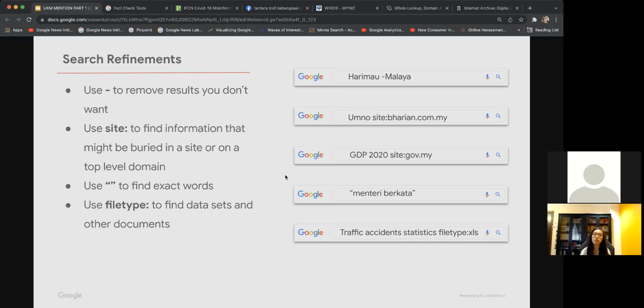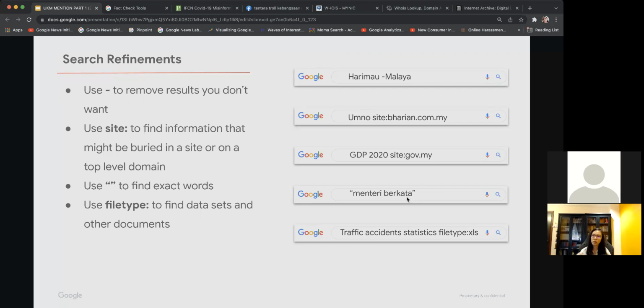But if I have a few keywords, right, and I want those exact words to be in my search results, then I will need to use the quotation mark. So the quotation mark helps you to narrow it down. You're telling Google to basically find these exact words and they must be in the result. So if I were to just put Menteri berkata without the quotation marks, it means that I'm telling Google, I would ideally prefer to have the words Menteri berkata, but I'm also okay if I don't have these two words in my search results. So you will initially see the top results will have the words Menteri berkata, but then